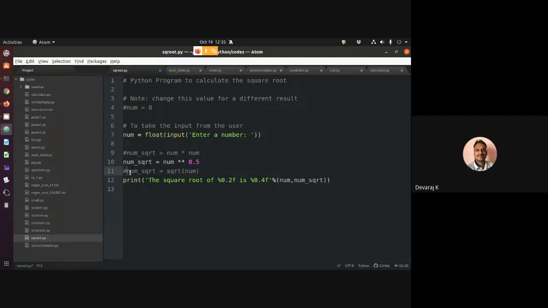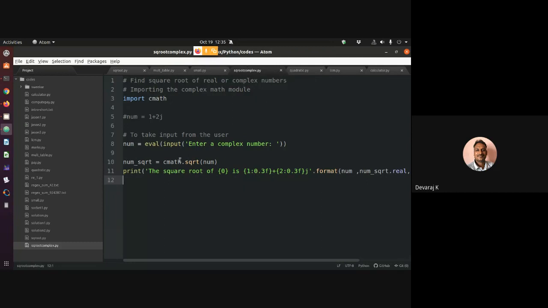Either I use the inbuilt square root function, or I use this other approach. But in the case of a complex number, I have to handle the real part and the imaginary part. So I'm going to use a simple inbuilt function to calculate it.